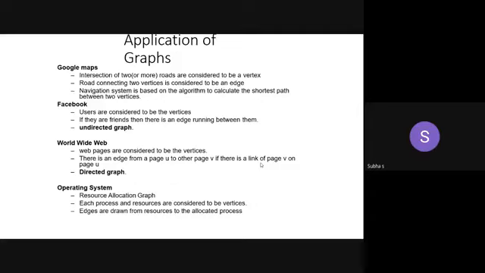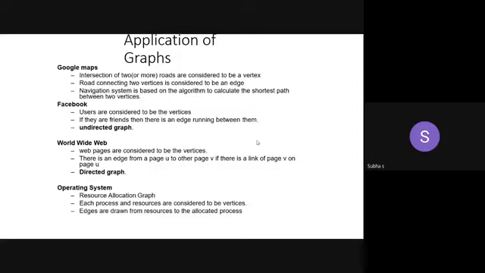Then Facebook, I told you in the first class itself, you are considered as one of the nodes. You are connected to your 5 friends. Those are the other nodes, and you are connected through edges. Similarly, those 5 friends are connected to 5 other friends. Like that, it will expand. Yes, this is your undirected graph. Facebook is the best example for an undirected graph. And the World Wide Web is the best example for a directed graph, because in a web page, if you click a particular hypertext, it will move on to the next page. Like that, I am proceeding in the forward direction.